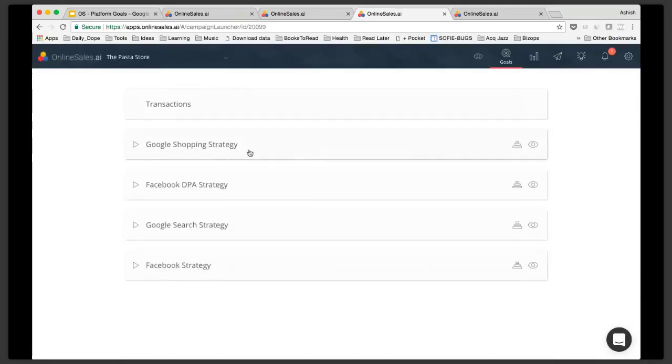So this is, let's say, Google Shopping strategy, Facebook DPA strategy, Google Search as a strategy, and Facebook as a strategy out here, right? So these are 4 channels that we had selected. These are the 4 different cards that you would see here. And under each card, you would now see, so let's say like the most interesting one